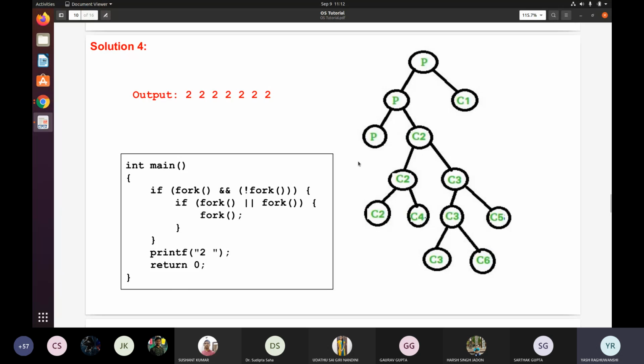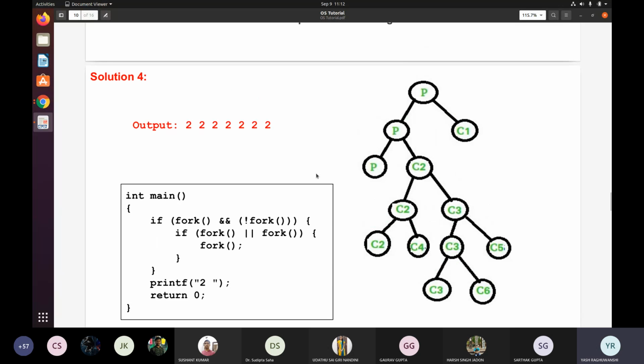So coming to here, initially there is a parent. We are doing the fork, so it will fork two processes. First is the child and another is the parent. As I said, for the child process the PID will be 0. As it is 0, it won't go and check all this. It won't even go into this loop. It will directly print 2 and return. That's why it is not extended further.